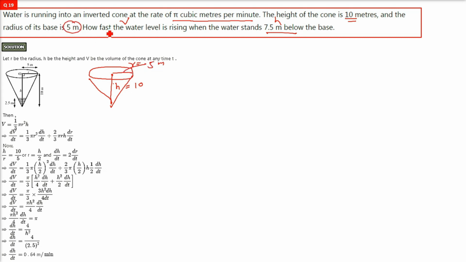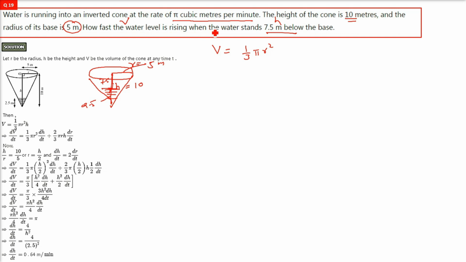R is 5 meter. How fast is the water level rising when the water stands at 7.5? So total is 10. The upper height is 7.5. What will be the below height? That means up to the height where the water is being filled up. So 10 minus 7.5 is 2.5. So you have volume as 1 by 3 pi r square h, and we need to find out dh by